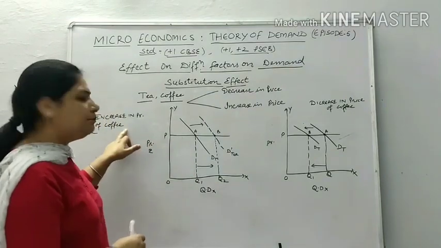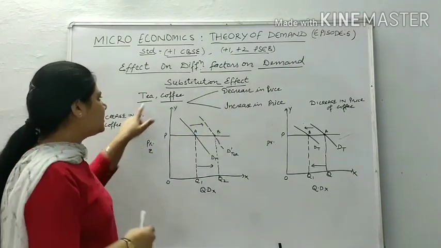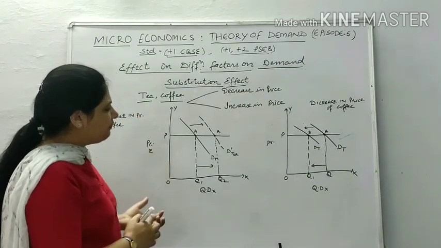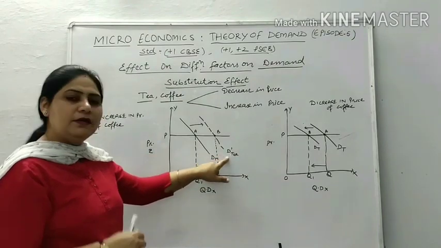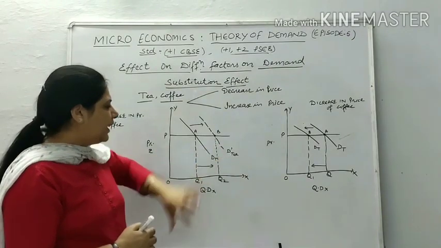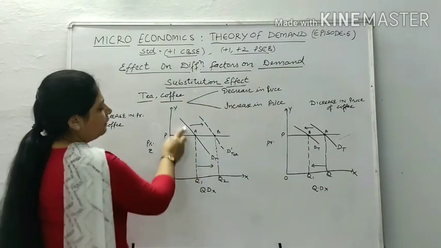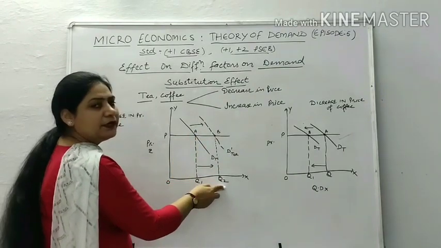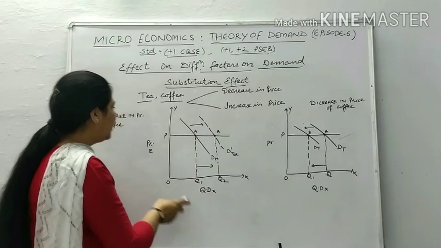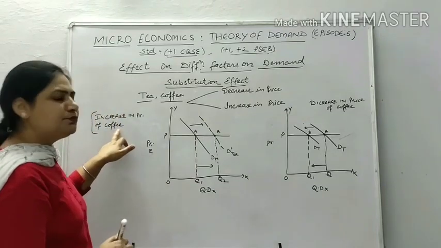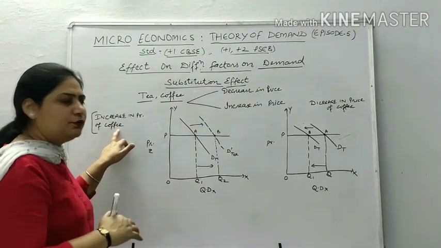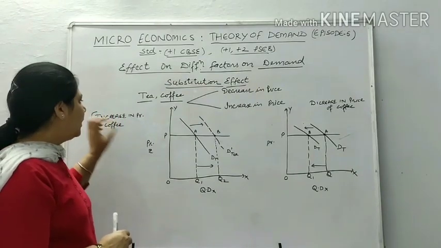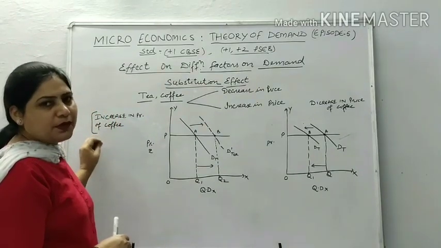So the increase in the price of coffee, which is a substitute good for tea, has made a positive impact on the demand for tea for any consumer. So the demand curve shifts forward to show more quantity purchased by a consumer in the case when the substitute of the desired good has increased in price.